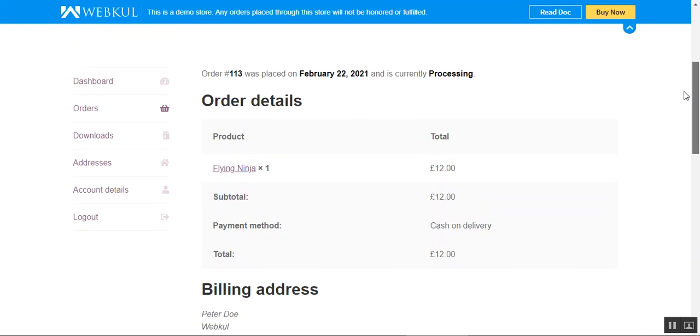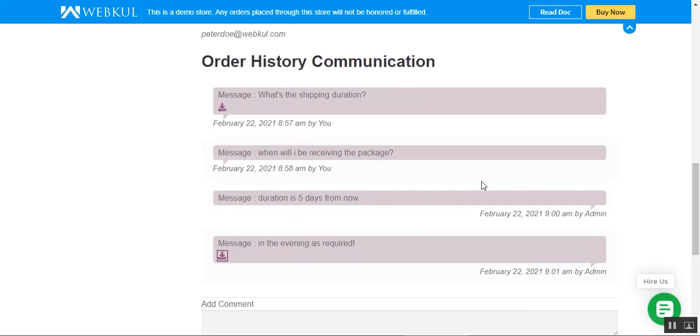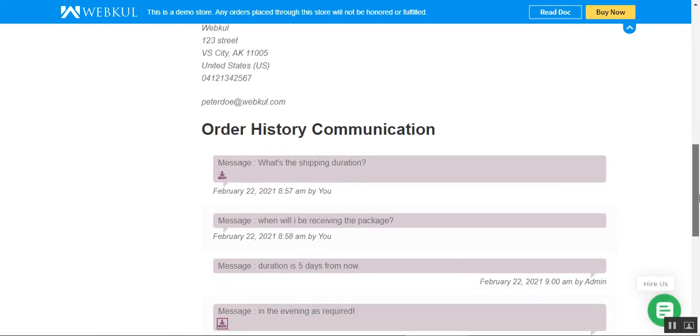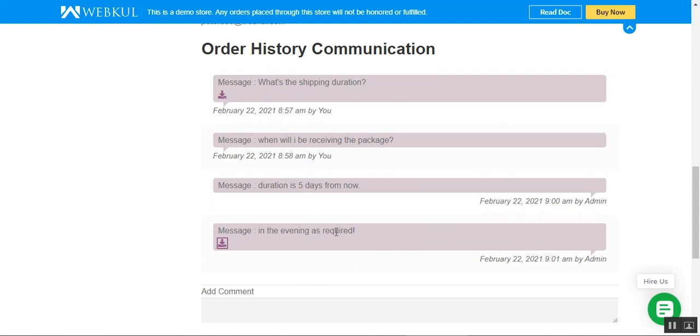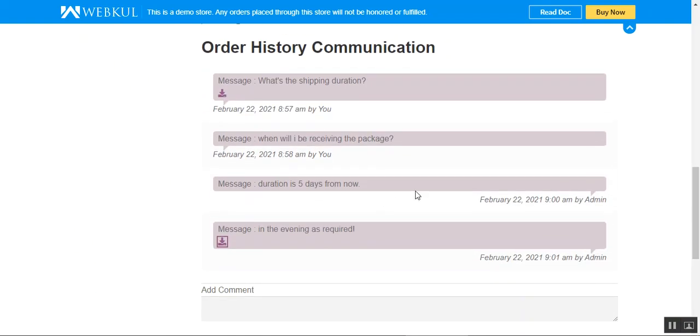So that's how the customers can basically make use of this particular WooCommerce order history communication plugin. And for any of the orders that they have placed, they can ask the questions about their doubts to the admin directly for their orders. And all of the information is being stored here for use in the later time as well. Here you can see that we have the messages as well as the files that have been uploaded by the admin or by the customer as well. And from this section, the admin can resolve any of the customer's query regarding the particular order that the customer has placed.